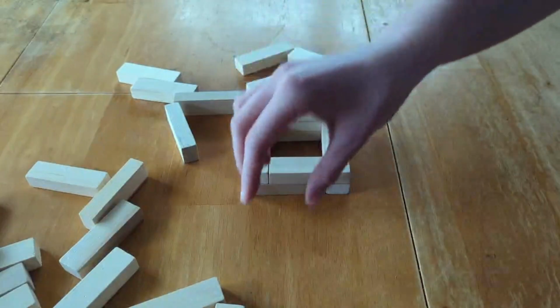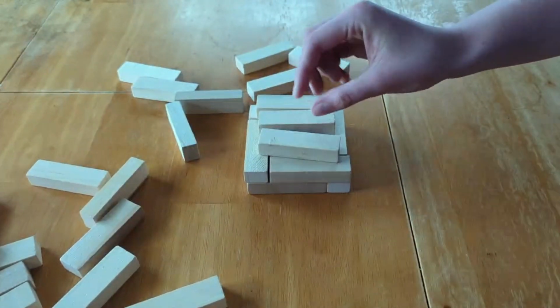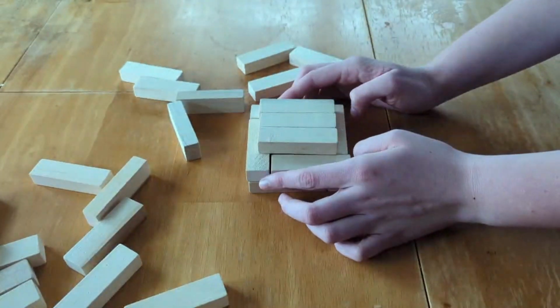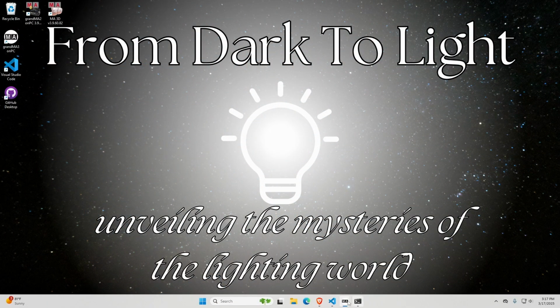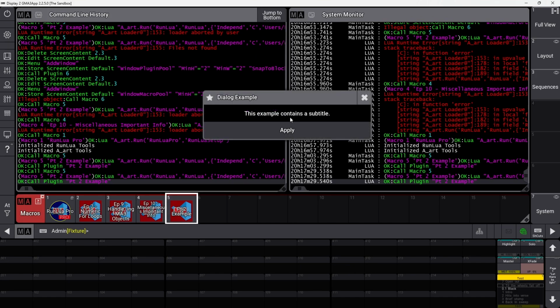In the last video, I explained what a custom UI element is and when you might want to use one instead of the built-in MA3 functions. Now I'm going to show you the basic building blocks used in making a UI element and where to find the details you need to make them, if you don't know what you're doing. Let's take a look at a really simple window I built. I already loaded this into my AArt macro, and I'm going to show you.